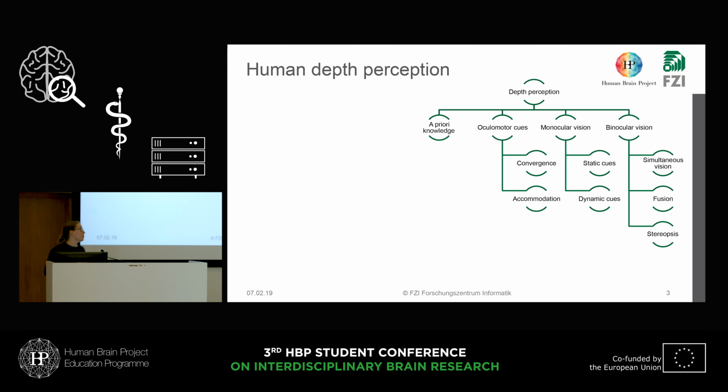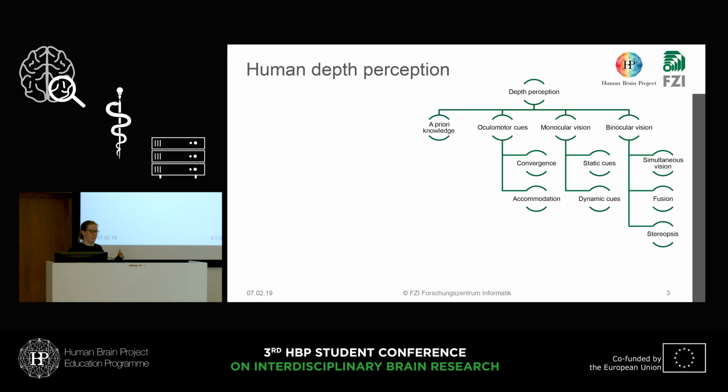And we also have monocular vision. It's basically every piece of information about depth we can get from only one eye. It's a lot about prior knowledge, like we know how big some objects are. For example, a bottle: if a bottle is really small, I know it's far away. And the last one is binocular vision,